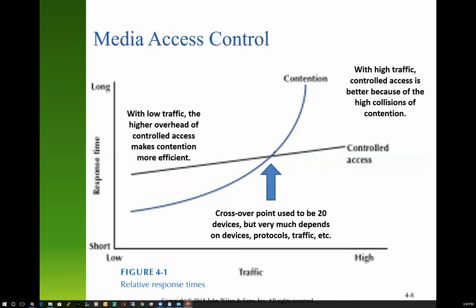If you're in a small functional group, you're probably more likely to be sharing a network printer or sending messages more internally to each other. So most LANs are not big. So that's why contention-based approaches work well. Somewhere, and this is just a sample graph, the crossover point generally is around 20 nodes or 20 hosts on a LAN. With a controlled access approach, it is more efficient when you get to have like 50 or 100 computers on a LAN, whereas a contention-based approach does not work very well with more than 20.